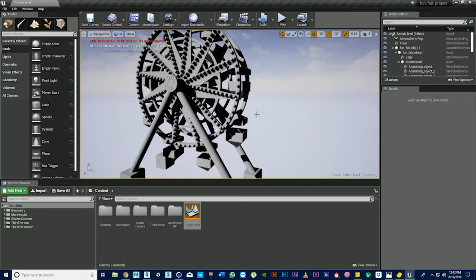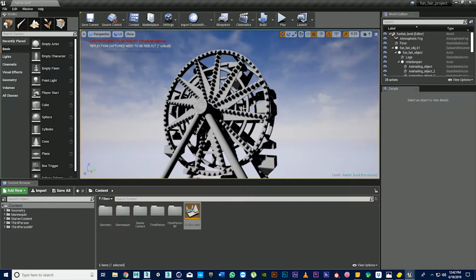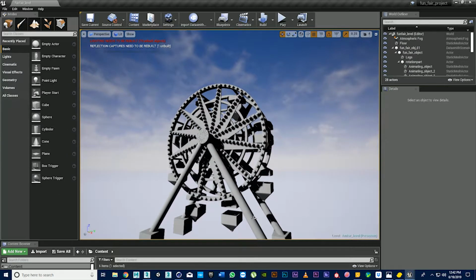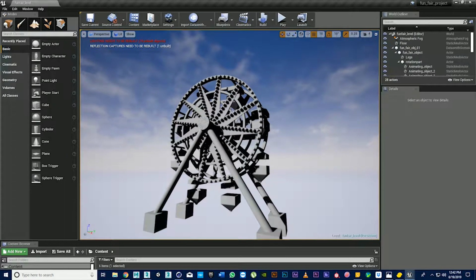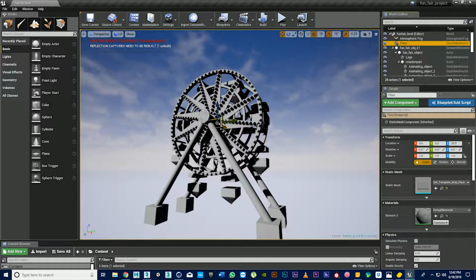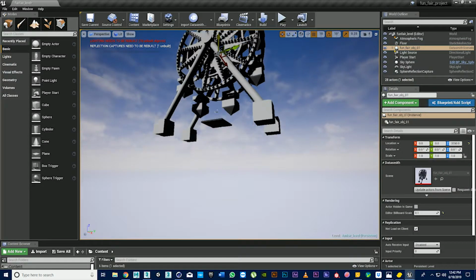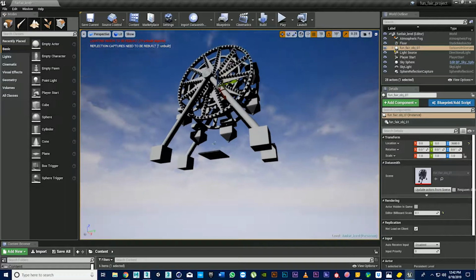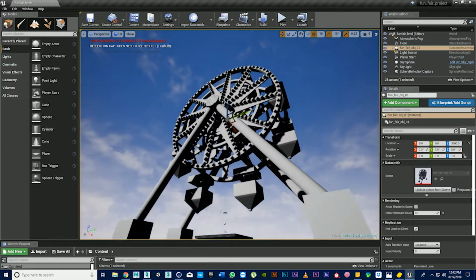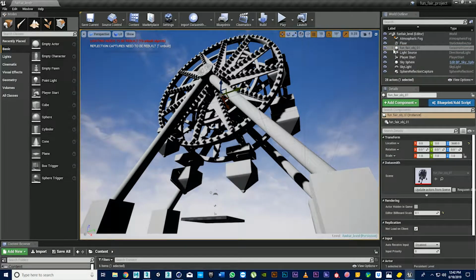This is our model. We have imported it already, so let's now work on this model. But first I need to find the floor. This is my floor and this is my object, so it means the object is too big, so I'll just reset this position, and if you need you can also scale it down